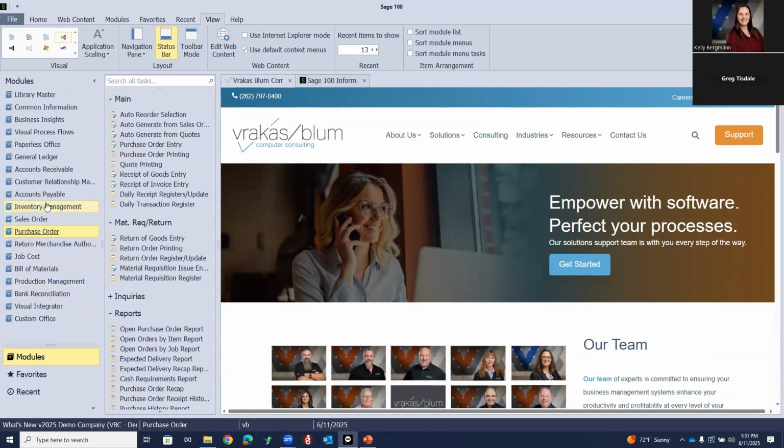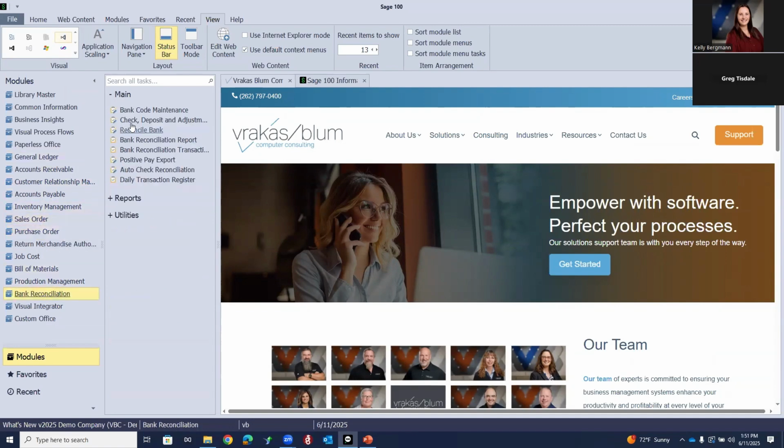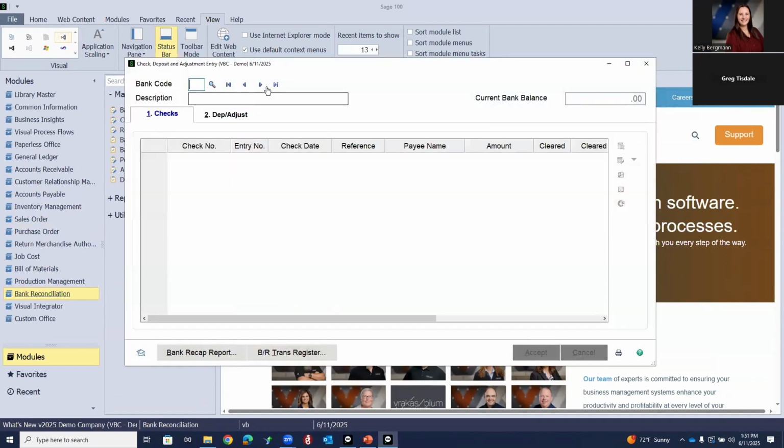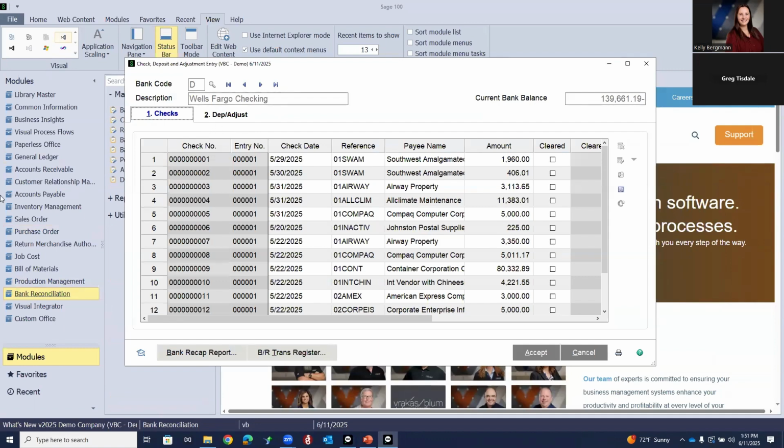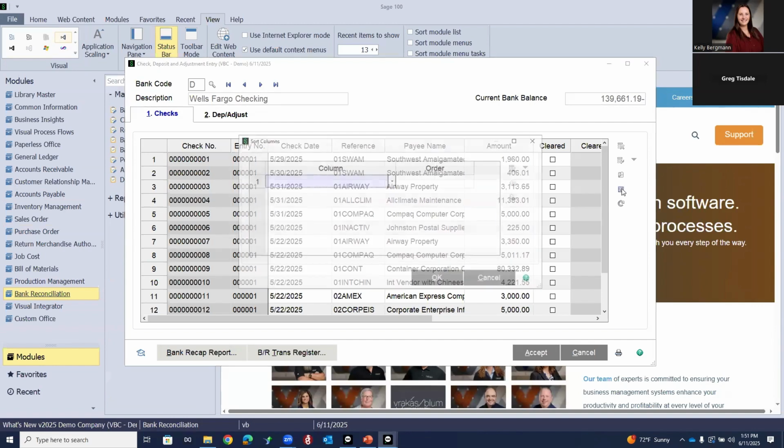Let me move on to bank rec. So in bank reconciliation, basically they just made some changes in the column sorting options. So let me go to Bank D. And really what they've done is, by user, you now have the ability to go in and choose how you want your columns to sort. So there's a new icon over on the right of the panel. Click on the icon,